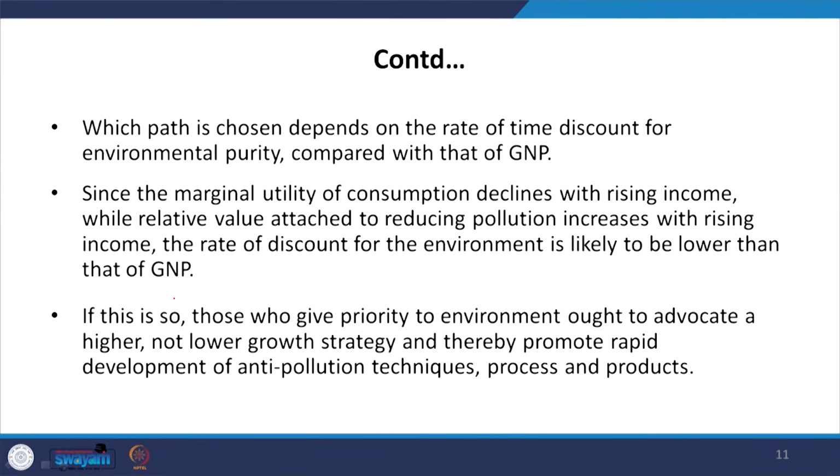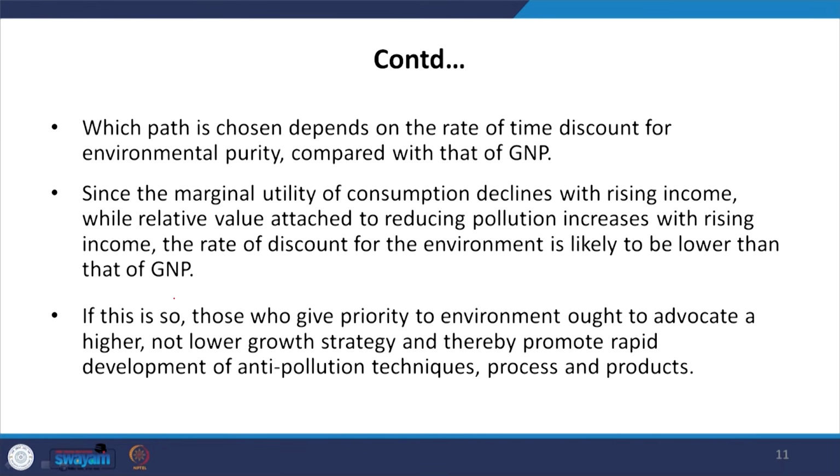We discount our future incomes at the current period or current time. So, now if the rate of time discount for environmental protection or environmental quality is lower than the rate of discount of our GDP, then it would be desirable that a high growth